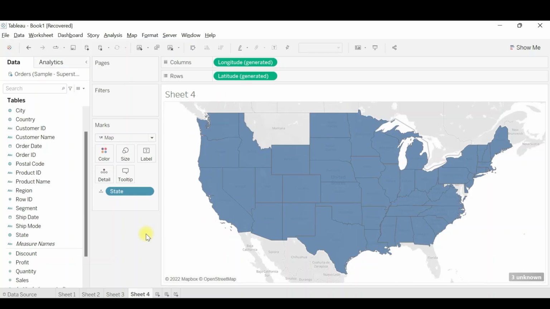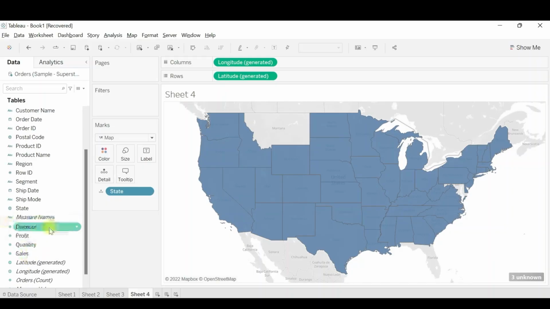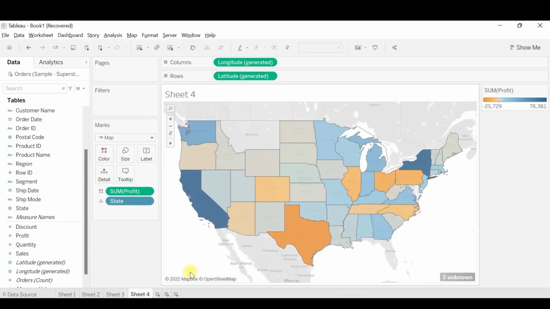Now I can color it based on a different measure. Let's say I need to color it based on the profit. From the measure names, I can select Profit and push it to Color. Let's drag and drop it to Color, and you can see based on the profit it has automatically colored the map visual.